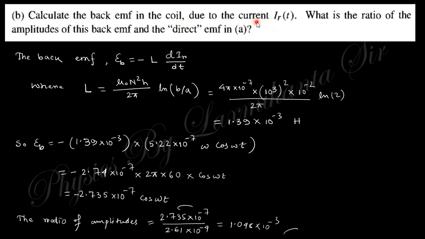Due to this induced current there is a back EMF produced. So this will be nothing but this one. Just take the L value equal to like that, so the back EMF equals to like that. This expression is actually taken from this book. So put in this value and you can easily find this back EMF, and you need to find the ratio of the back EMF with respect to the direct EMF. So this will be the corresponding ratio.